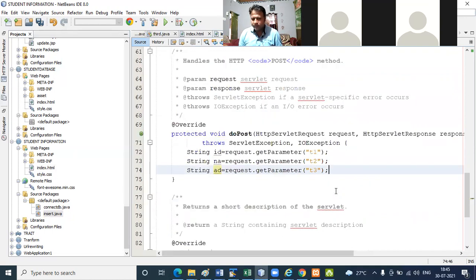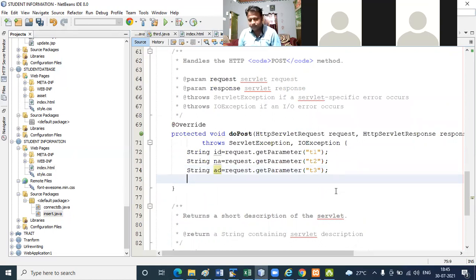Now we have to write an insert statement. For the insert statement we have to write prepared statement pst equals to.